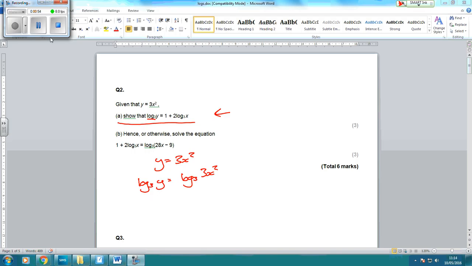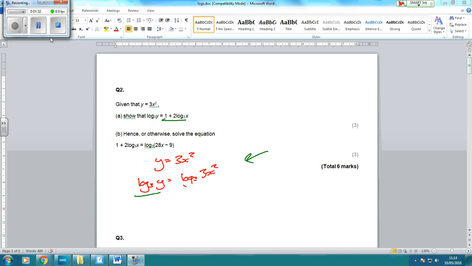Now our left-hand side looks like this left-hand side. However, this here doesn't look like this side here. And in the question we can see that this has got two parts to it, and here we've only got one thing on the left-hand side. One of the log laws is where we bring this power down, but we can't do it at the moment. The reason is that the whole thing here isn't to the power of 2. It's only the x that's being raised to the power of 2. So because we've only got 3x squared,